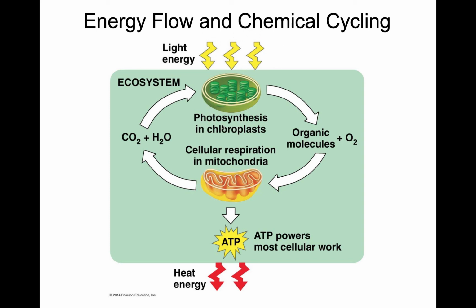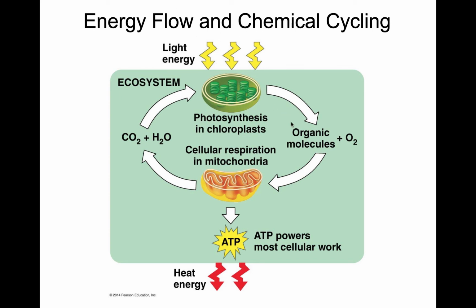So it's through a process called photosynthesis, where the energy from the sun is used to convert CO2 into these organic molecules. And so that's how our chemical is cycling. Our carbon is cycling like this over and over and over again. Our energy, however, starts at a source and then it ends, right? It doesn't cycle. So it starts at the source, at the sun,